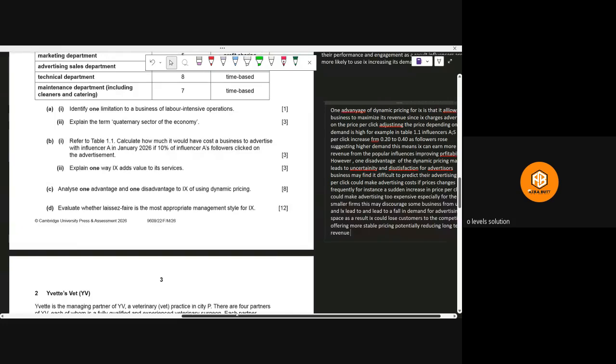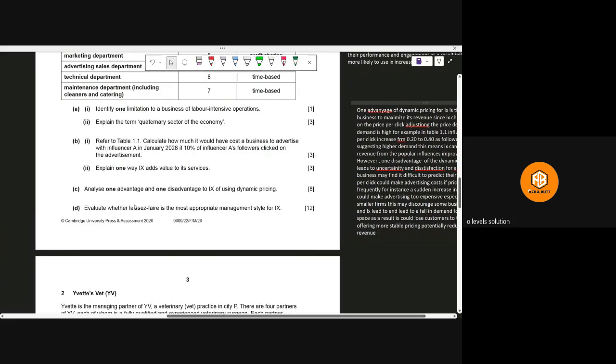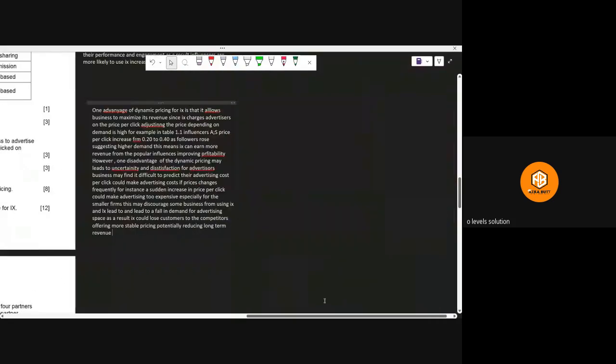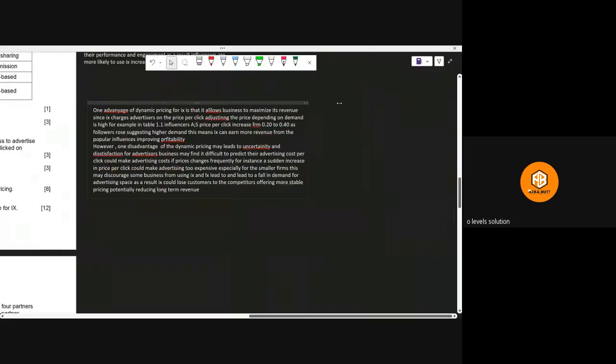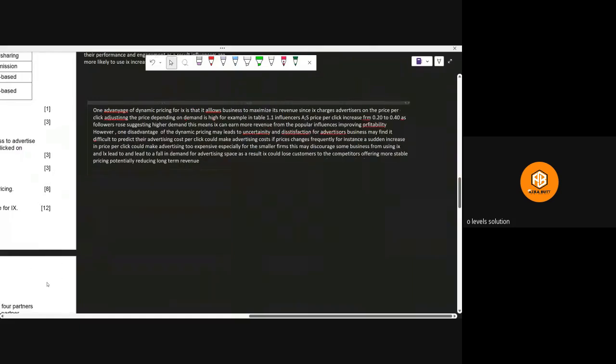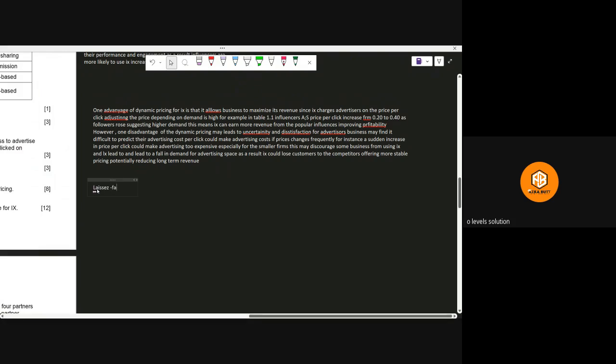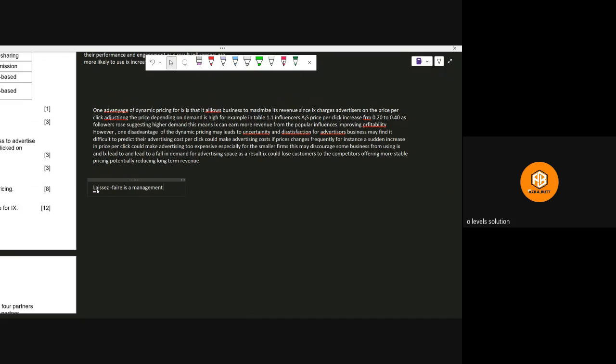Now let's see, this is how we need to write the 8 marker. The next question is whether IX should use a laissez-faire management style or anything else. First of all, we need to write a definition. What is the meaning of laissez-faire? So we can say that laissez-faire is a management style